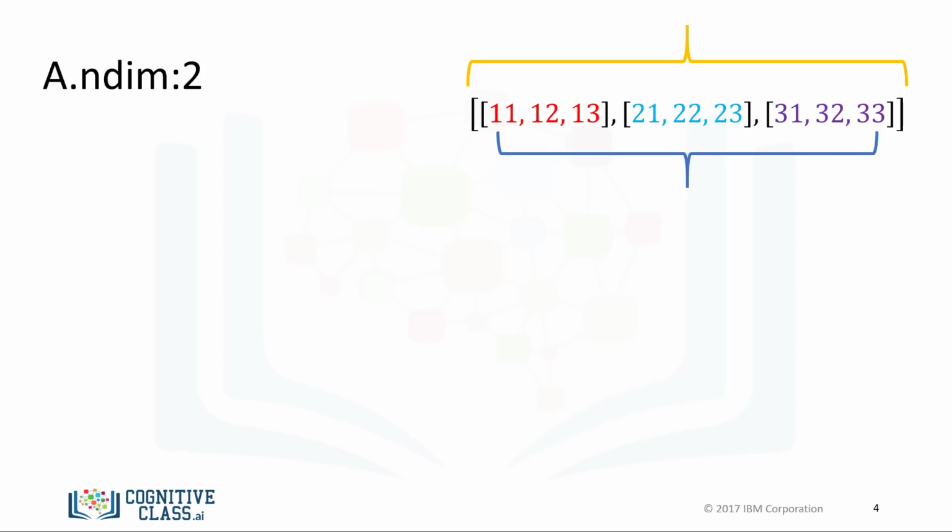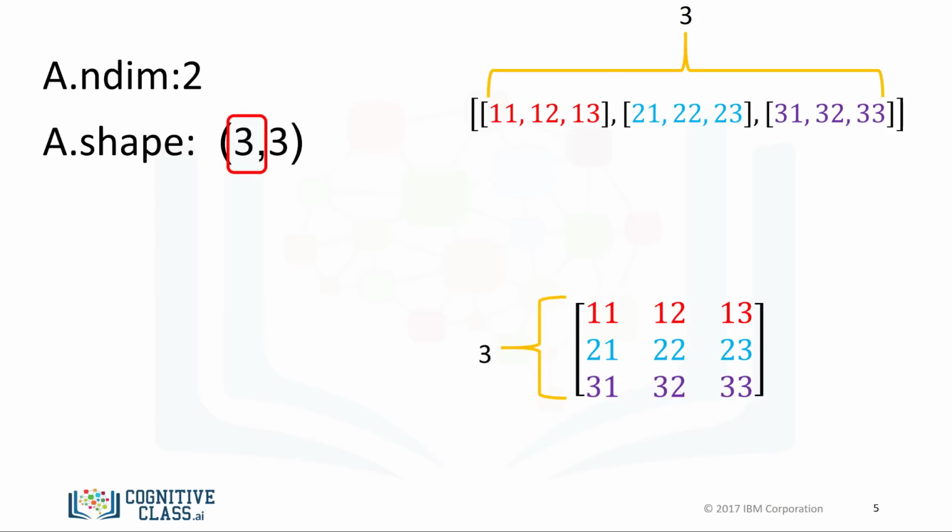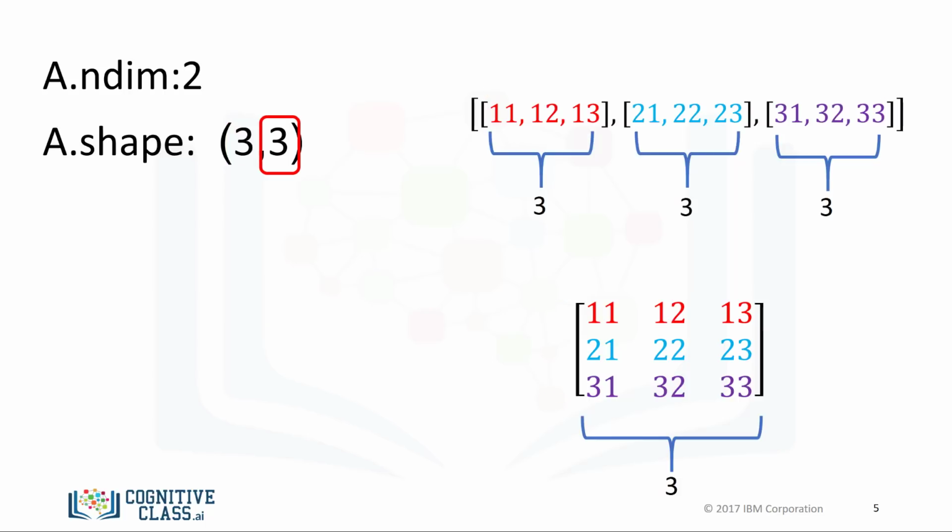The number of lists the list contains does not have to do with the dimension, but the shape of the list. As with the 1D array, the attribute shape returns a tuple. It's helpful to use the rectangular representation as well. The first element in the tuple corresponds to the number of nested lists contained in the original list, or the number of rows in the rectangular representation, in this case 3. The second element corresponds to the size of each of the nested lists, or the number of columns in the rectangular array. The convention is to label this axis 0, and this axis 1 as follows.